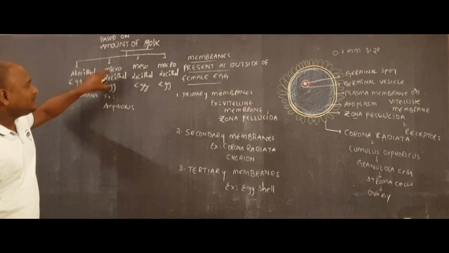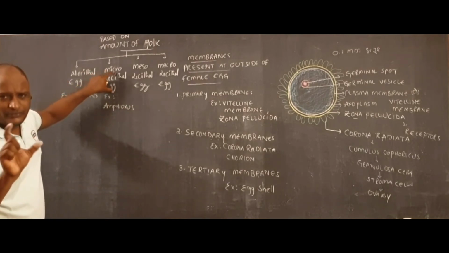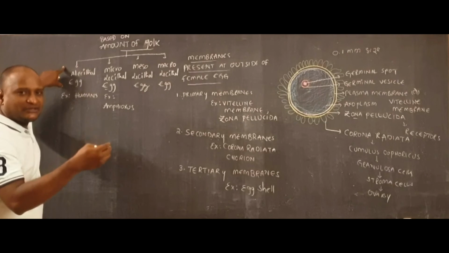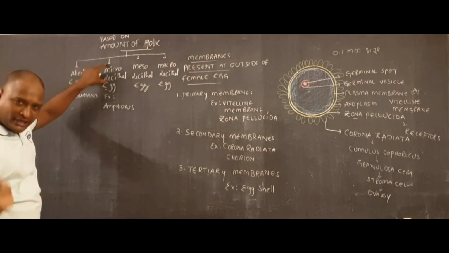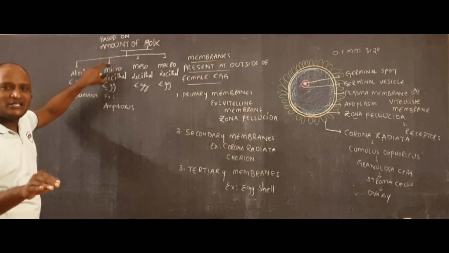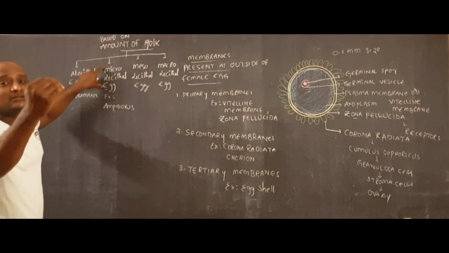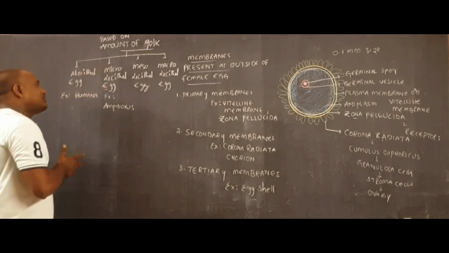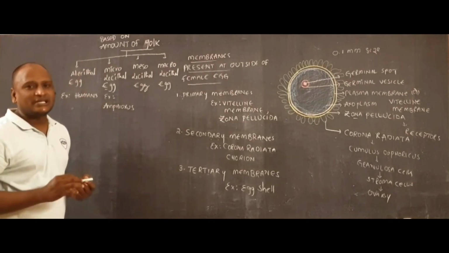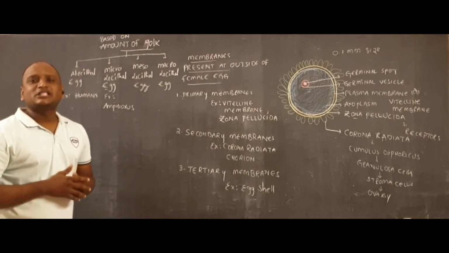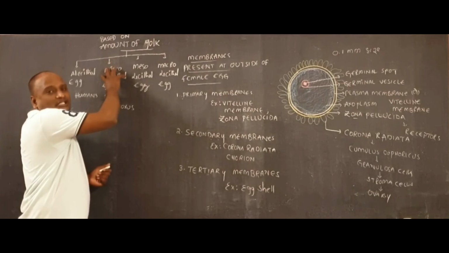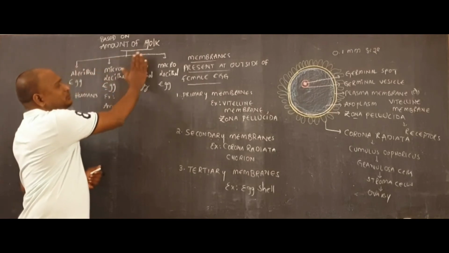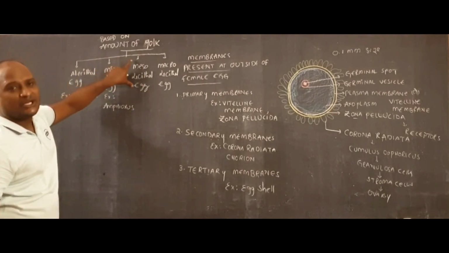Amphioxus. Here, we observe a small variation, that means yolk material may be absent, or if present, a very small amount of yolk material is present. That type is microlethal. Remember that sometimes alethal and microlethal are generally grouped under the name microlethal because they are closely related. Then coming to the third type of eggs, that are mesolethal.